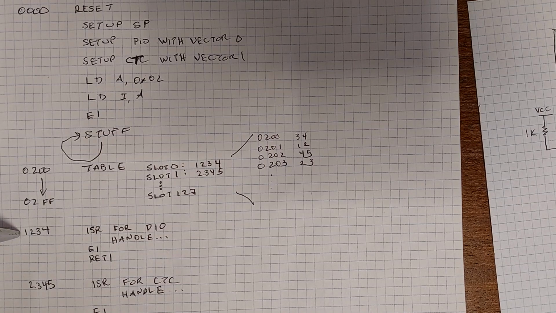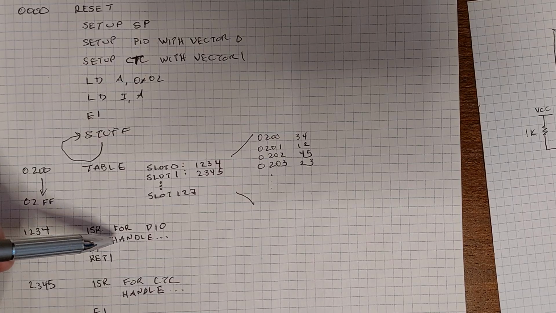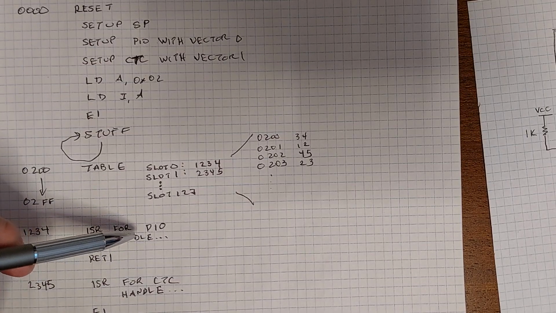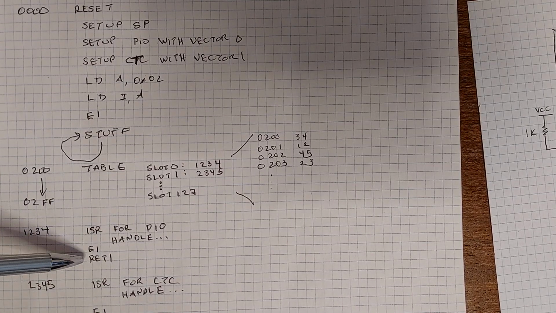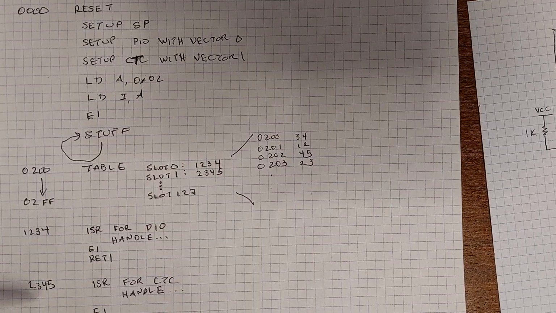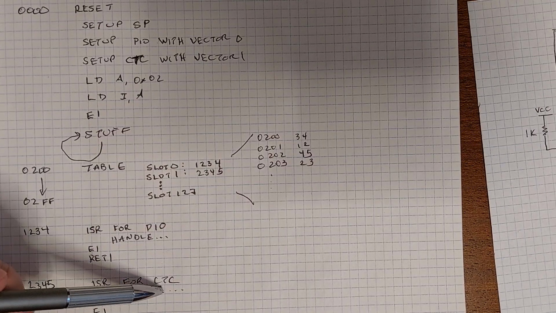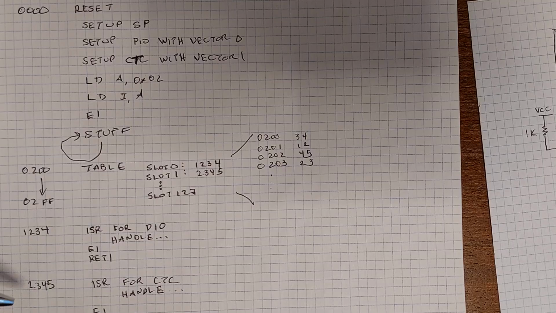we're going to set this up so that we have one interrupt at one address which will only handle PIO stuff. So at address 123 we've got the ISR. We're going to read some PIO registers, do whatever it is we need to do, then we're going to return from the interrupt. Same thing, we've got a separate ISR for the counter timer circuit, which we're going to